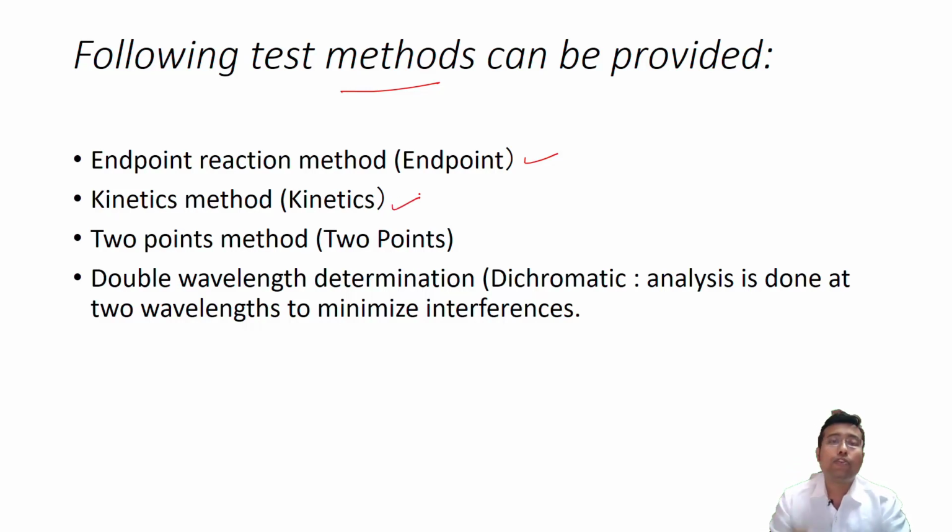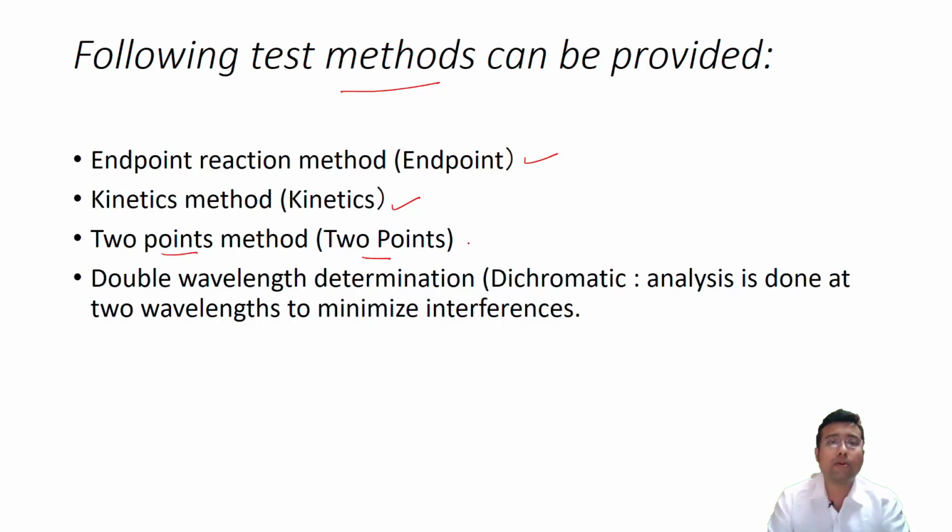Kinetic method: the change in optical density is going on in real time. So during the change in OD, you need to feed it to the semi-auto analyzer. The semi-auto analyzer will now aspirate the mixture and it will analyze for 1 minute, for 1.5 minutes, for 180 seconds, depending on how much time you set. It will analyze the change in optical density and it will calculate the curve and it will give you the kinetic result based on the programming. A very important example is Jaffe's method, or Jaffe kinetic method, for creatinine.